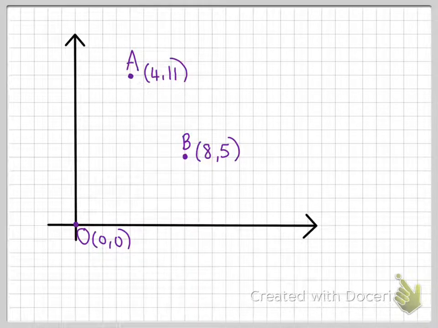So I've got a couple of points here, the coordinate A and the coordinate B, and I've got the origin as well. So I can take the point A and turn that into a vector if I use the origin to connect the two. Okay? I now have a vector here going from the origin up to A. I'm going to call that little a. Now this is a position vector,